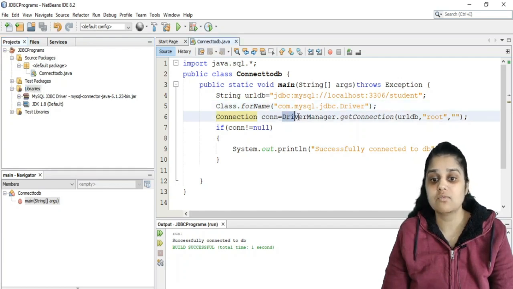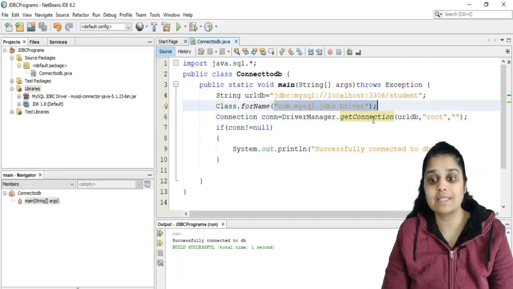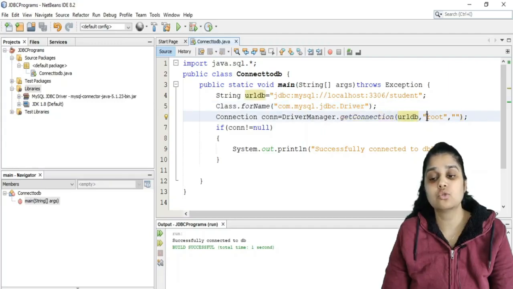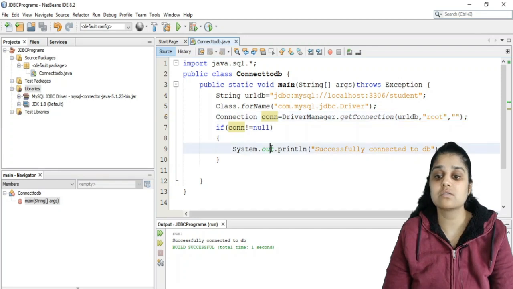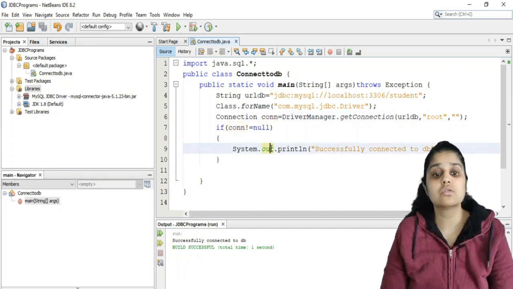So using DriverManager, which is going to open any connection through this particular driver, that connection will move on to this database through this username and this password, and it is going to return a Connection kind of object. Now this con will be null if something is wrong here, and if nothing is wrong, then it is not going to remain null and you can successfully connect to the database. So this is how you can connect to a database very easily.